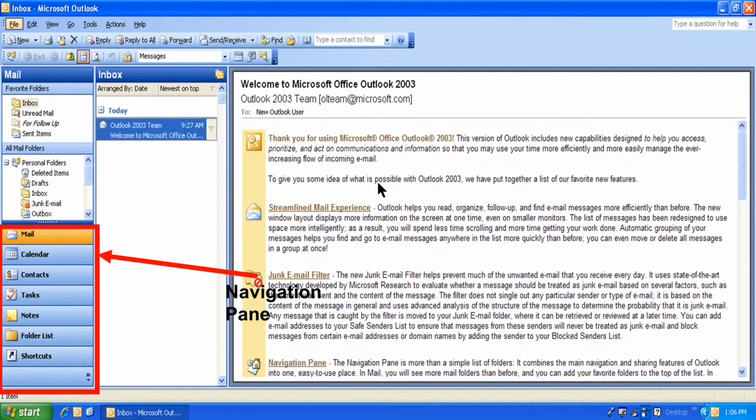So, here is the navigation pane. By default in the navigation pane we have the mail view, meaning we are generally looking for mails. The mail view is the default view, and then we can have the calendar view, contact view, task view, notes, folder list and shortcuts.